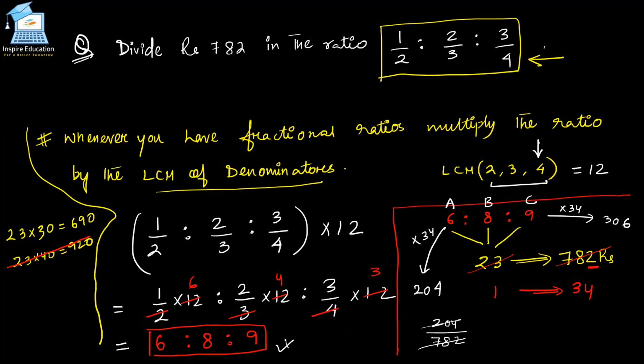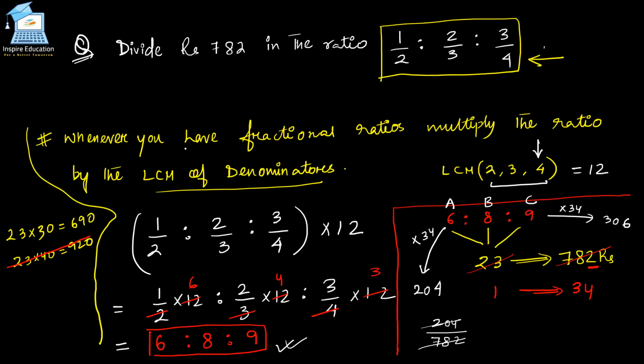And even if you get this particular ratio, you divide it by 12, you will get back to the fractional ratio. Look, ratios are not constant numbers. You can change ratios at any point of time. But here we will get 204 divided by 782. Then we will get 3:17. Okay, so there is no issue. What they have given, let me tell you in the next slide.